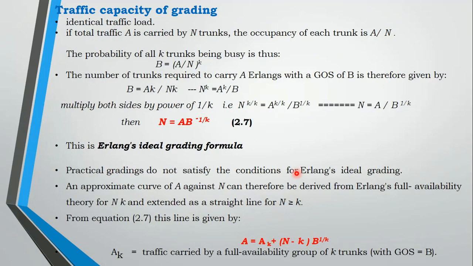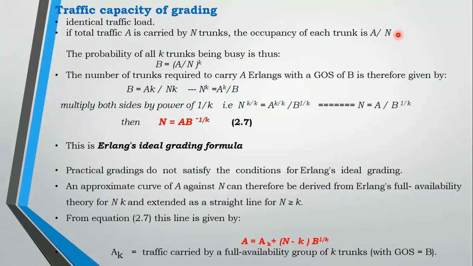Then we have a separate topic called traffic capacity of grading. Already in the previous module we know the formula of traffic, that is A. In electronics usually you will have an ideal method and a practical method. Ideally, if you have one network where N is known and K is known, the occupancy of the network will be A by N. So identically the traffic formula will be A divided by N if the number of trunks is known to you.